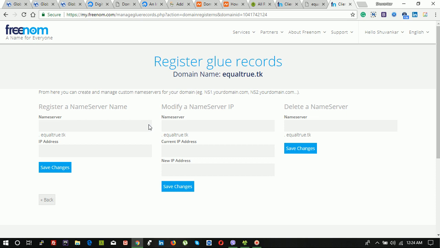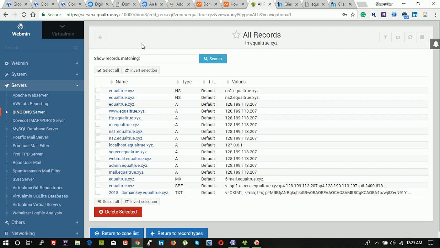As the domain is registered with Freenom, we can add the IPs from here. So for ns1.tk, you can use the same IPs for different name servers, NS1, NS2, NS3. Here is my hosting provider.